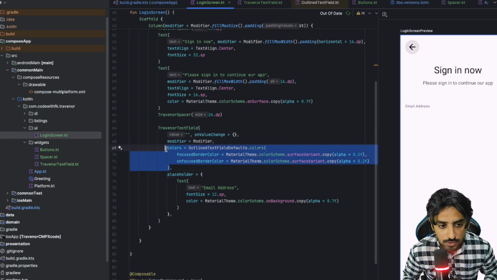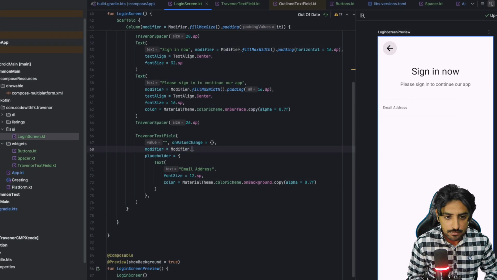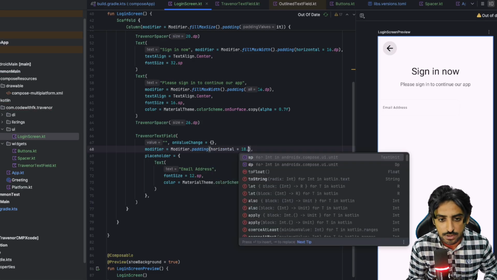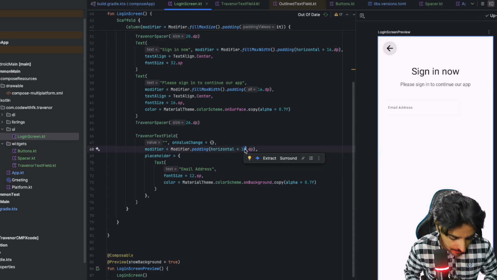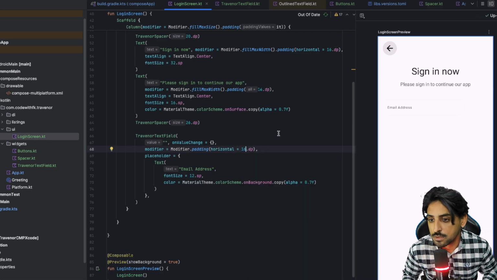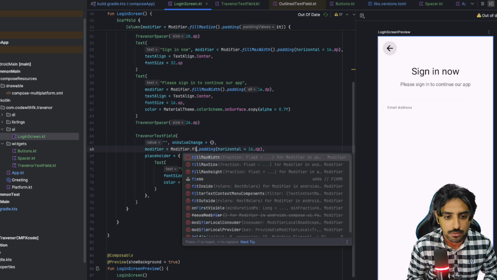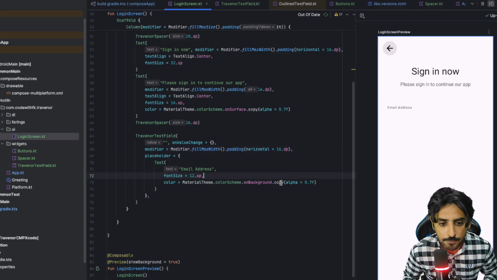For colors, we don't even need to pass anything because we're already using it there. And definitely we need to pass the placeholder because we want to see some sort of things. Now we need one more thing, I believe, that is horizontally we need to pass 16 dp, 16 not 18. I'll use this, and also fill max width for this. Okay,